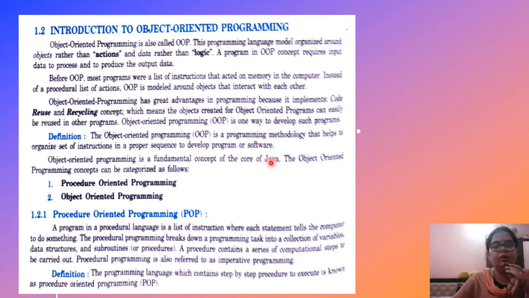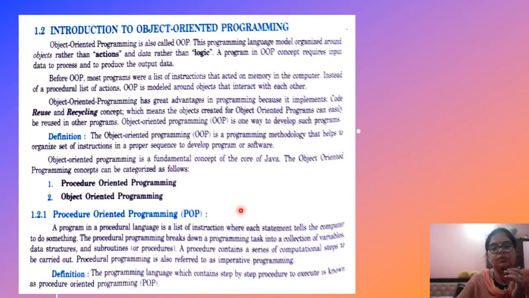But what will you do first? First you will take the copy in your hand, then you will take a cover and scissors, and then at last the tape. In the first step you are not going to use the tape, nor are you going to use your scissors. That is the way you cover your copy in a systematic and organized way. In object-oriented programming also, it is a set of instructions in proper sequence, in which we develop our program or software.